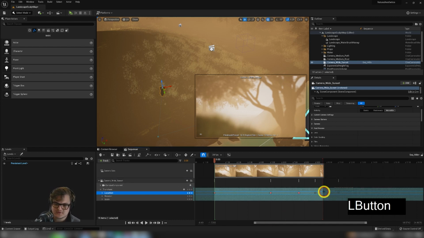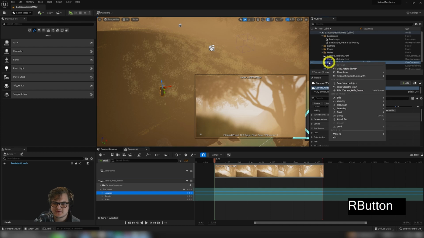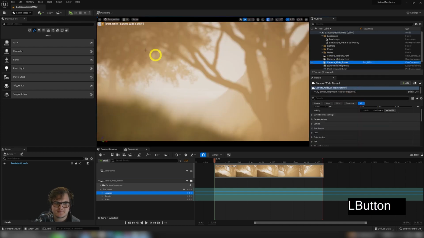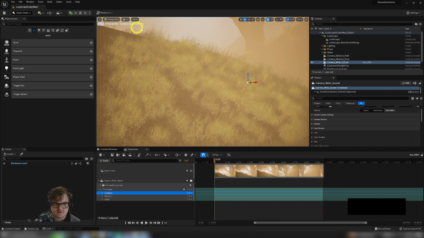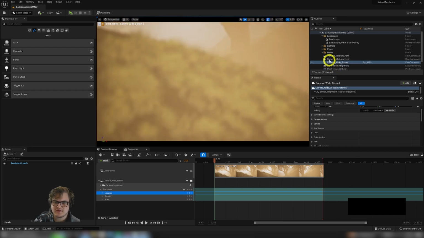way. So I'm going to delete these keyframes, and for now I'm just going to make sure that auto keyframing is off. And I will right click on this camera, say pilot camera, and now I am piloting the camera. Sometimes in the sequencer, for reasons that I don't entirely understand, if you pilot the camera, the piloting will activate, but the locking to view won't, which is a little bit strange. So that's just to say, if you right click on the camera and hit pilot,